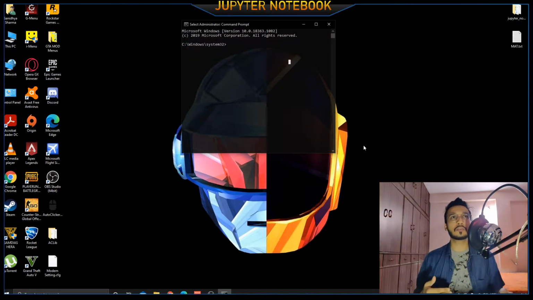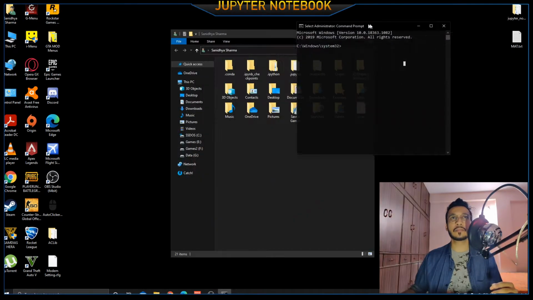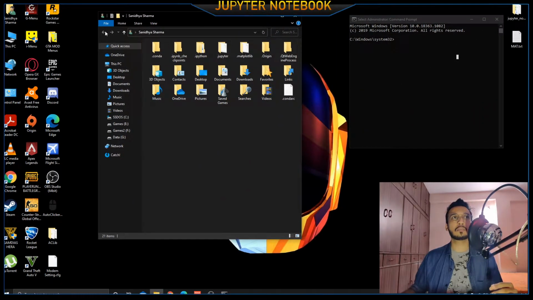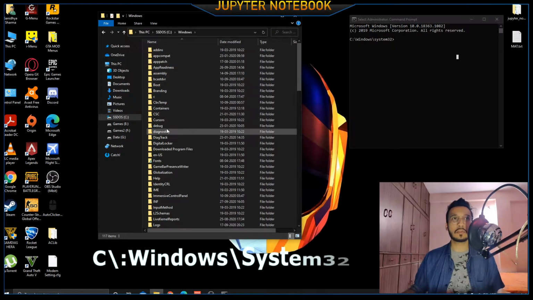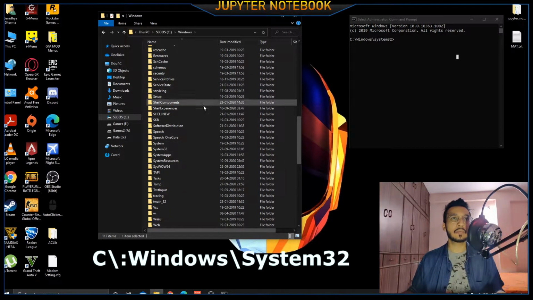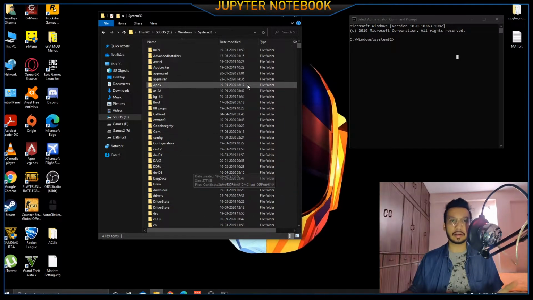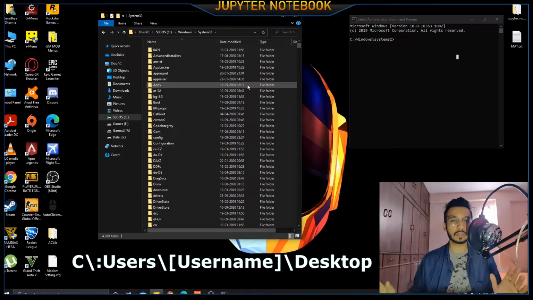So by default, if you open up command prompt in Windows, there would be two chances. Either you would land up in this directory. If you know, the C drive has users, it also has something known as Windows, and you have system32. So basically when you land up here, you will have system32. It opens up in this directory. If you guys don't know, the desktop of Windows is always located in the C drive in users.